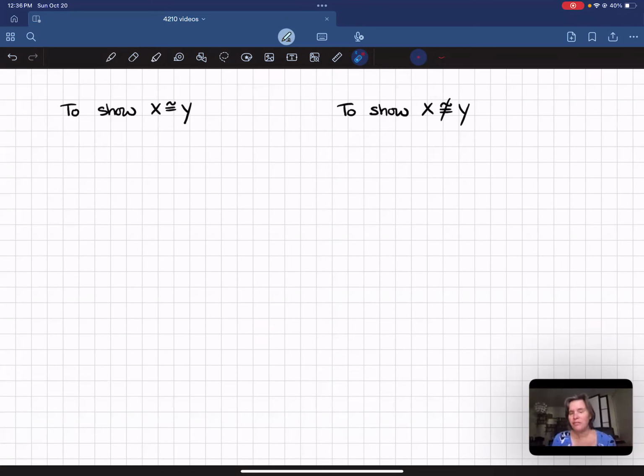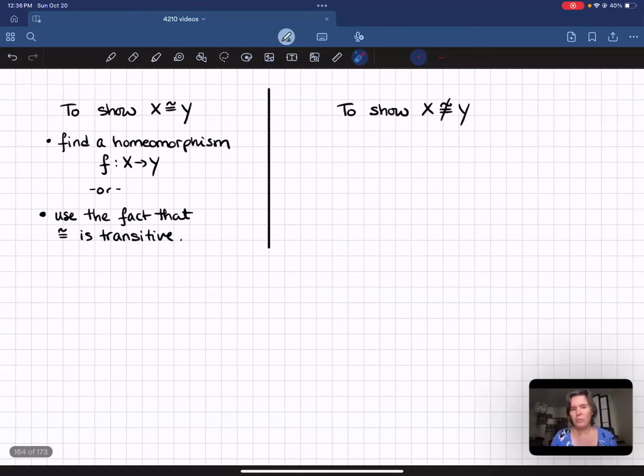So to start off, to show that two spaces are homeomorphic, well, the definition of homeomorphism is that there exists a homeomorphism between the two spaces. So it's an existence style proof. That means to show that two spaces are homeomorphic, you just have to give an example of a function which is a homeomorphism. So you just have to find a function,